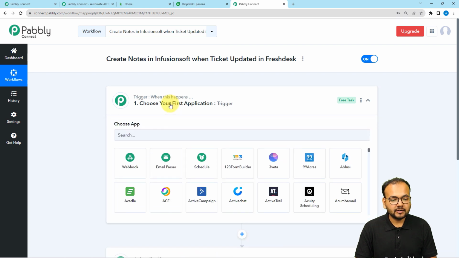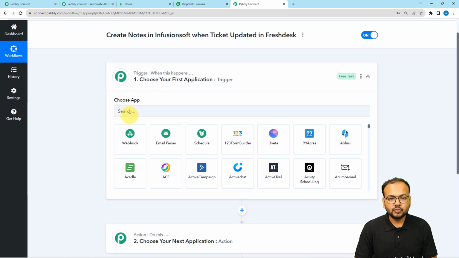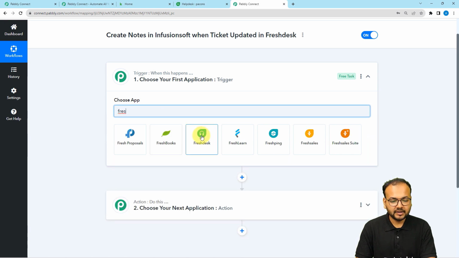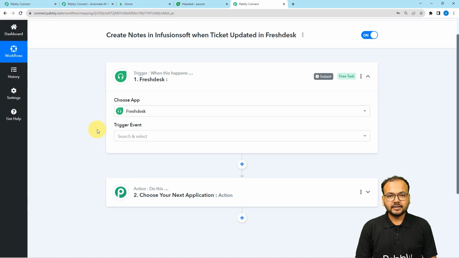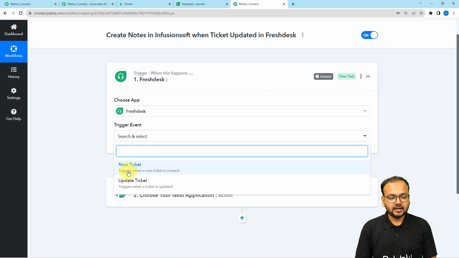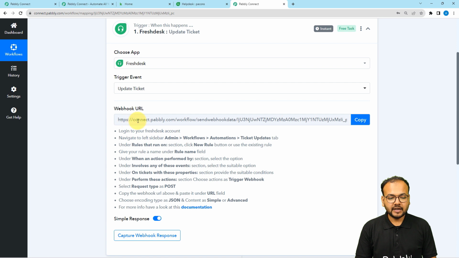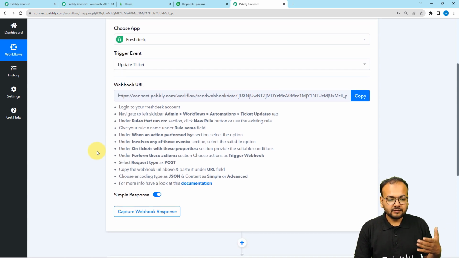So when you click on this trigger window, it will ask you to choose your trigger application. So search for Freshdesk here. Here is Freshdesk. Then select the trigger event as update ticket. And it will give you this webhook URL. The webhook URL is used to get the data from any external application to here in Pabbly Connect's workflow